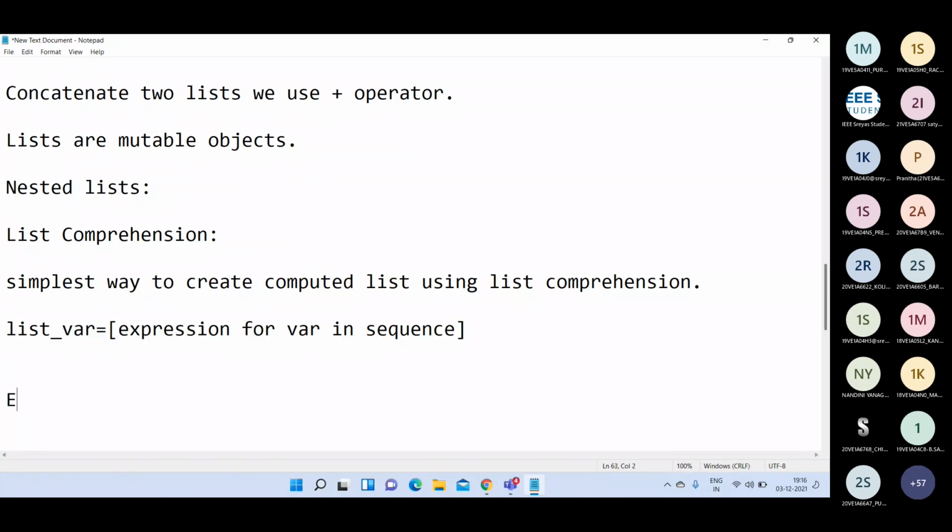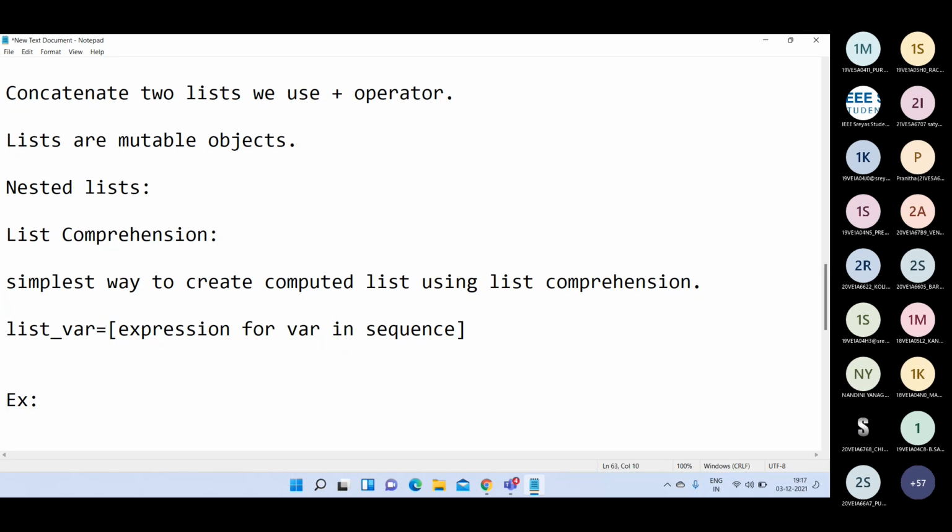Now, for example, consider I want to create a list in which I want to store the cubes of numbers from 1 to 10.